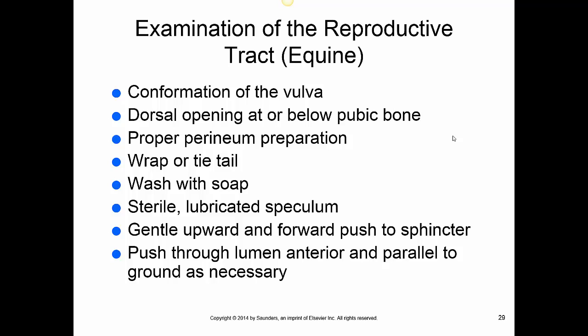So it's very important, like we showed in equine, to do a proper preparation before we breed them, either AI or live cover. We want to clean thoroughly that perineum area. A lot of times we will wrap the tail. We like to wash with soap, and we prefer soap that's not antibacterial. We just like straight soap because we don't want to kill the healthy flora there and actually allow a pathogen